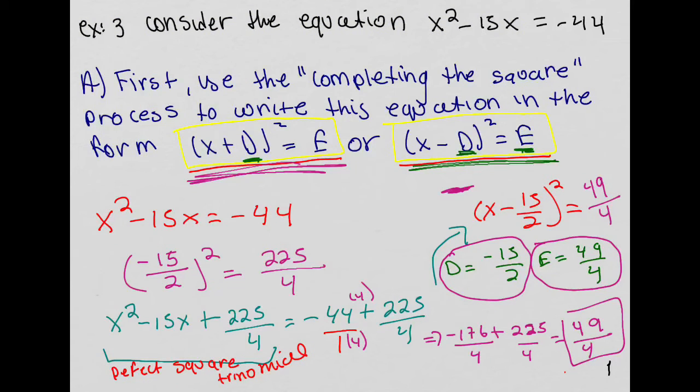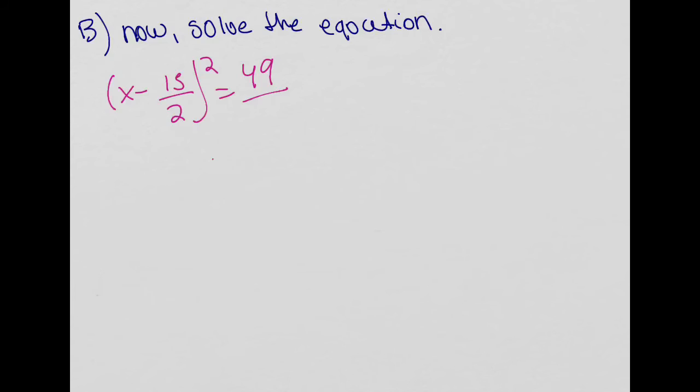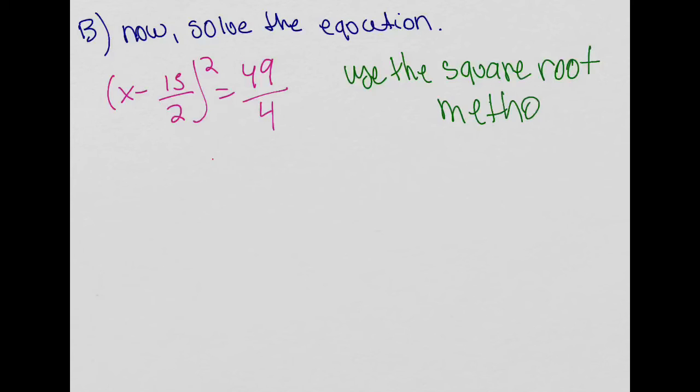No, 49 over 4. Yeah, 4. Okay, so now in order to solve this, I'm going to use the square root method. Okay. So I'm going to square root both sides. So this leaves me with